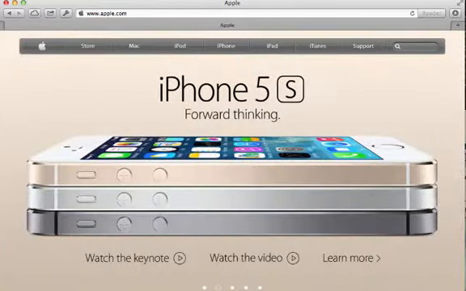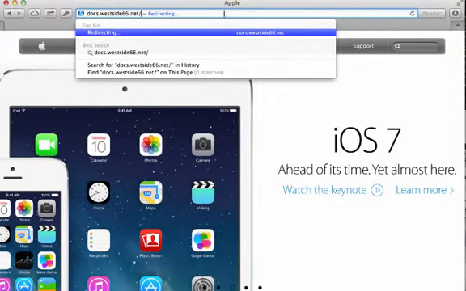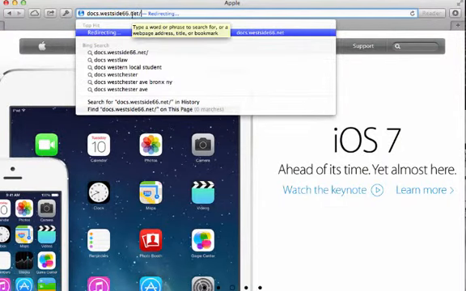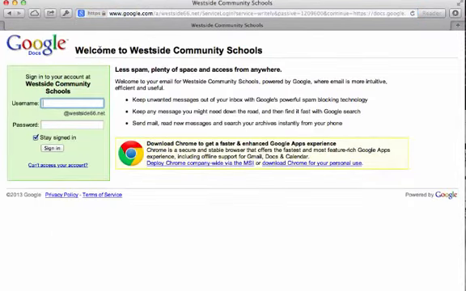The first thing that you want to do in order to access the Google Docs is to log in. In your browser window, go to docs.westside66.net. Now notice this is .net and not .org. That's going to be the biggest difference, the thing that you need to highlight and remember for yourself and your students. Once you go to docs.westside66.net,